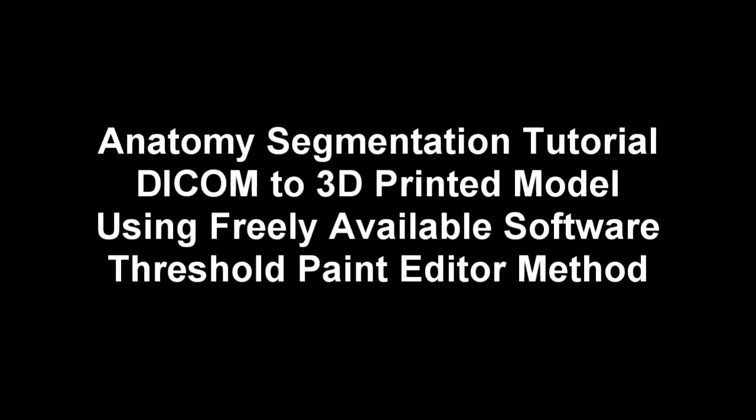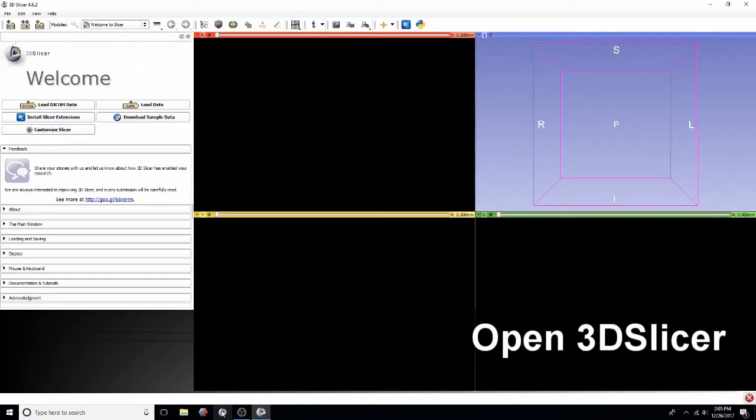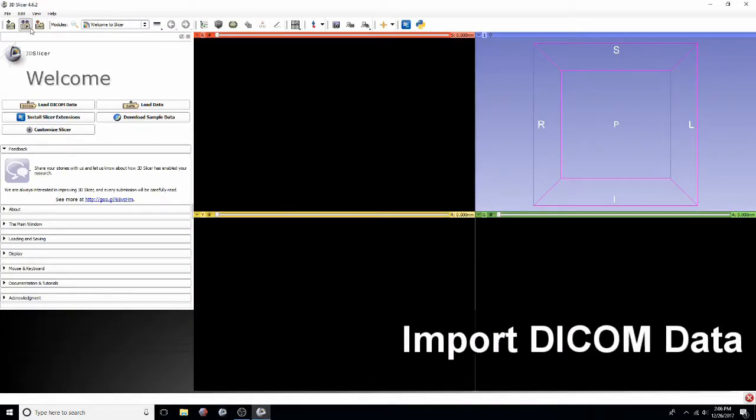This tutorial is going to go over how to extract and 3D print patient anatomy from DICOM files using free open source software, primarily 3D Slicer, as well as Meshmixer and Cura for the 3D printer file preparation. The first step is going to be to open 3D Slicer, and you're going to need to load the DICOM